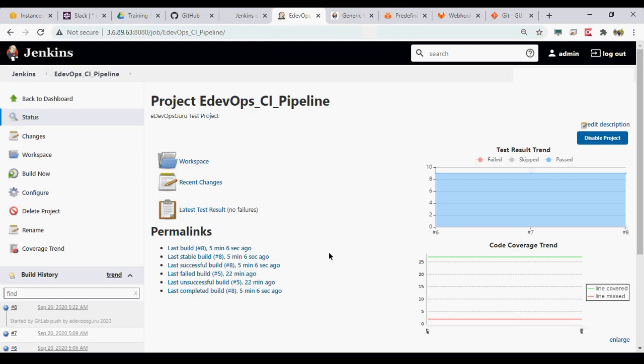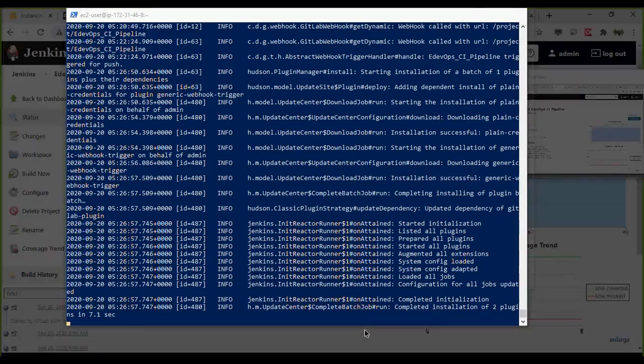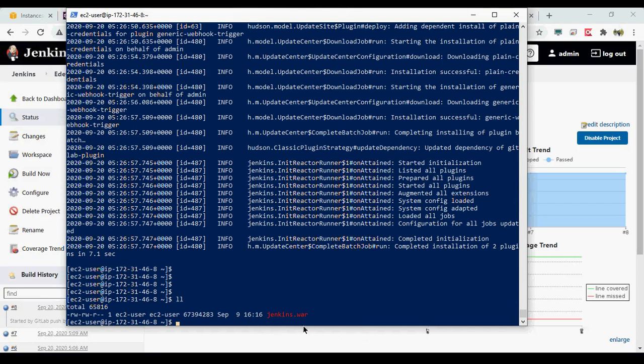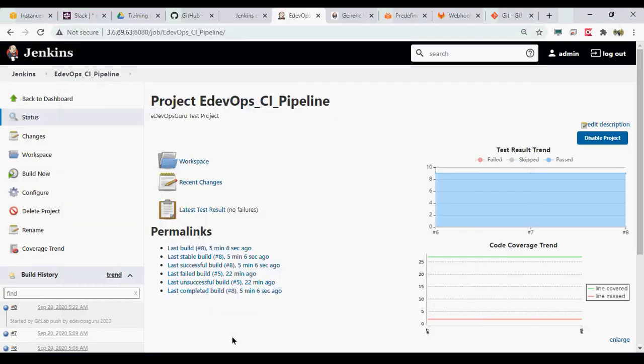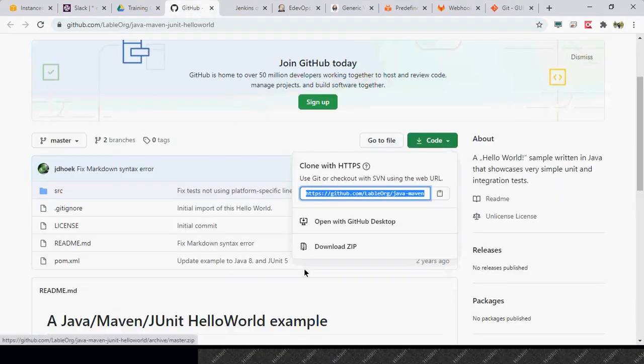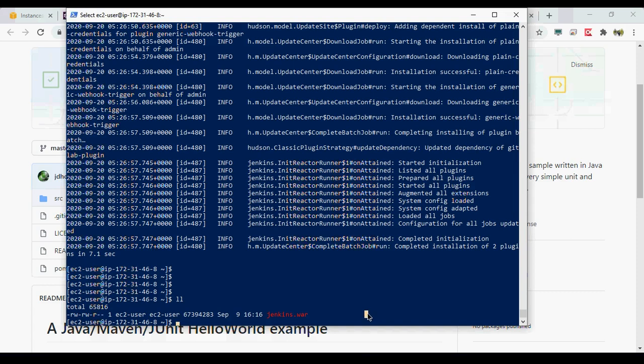Okay, so I hope till now things are clear. So what you can do now: we have this Jenkins here. As a part of today's session, or lab hands-on, you clone this code onto your EC2 instance, like here.